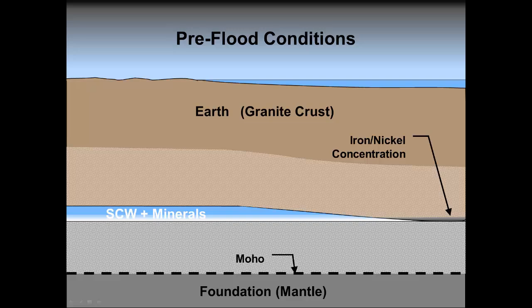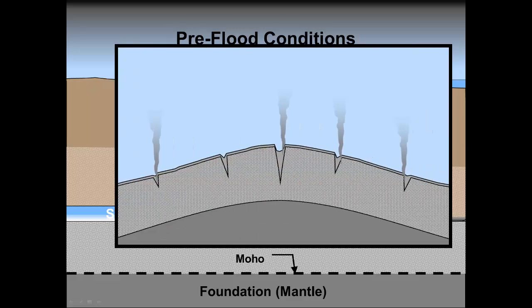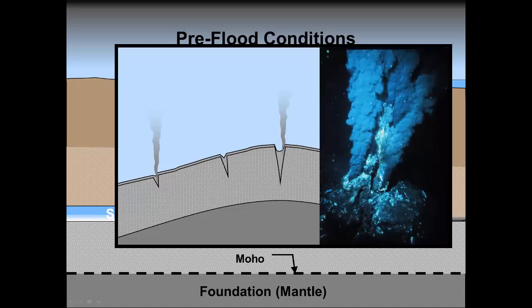In the oceans today, thick plumes of hot, supercritical water known as hydrothermal vents or black smokers are still escaping from the porous MOHO beneath the ocean floors in places. The high heat and pressure of the supercritical water still flowing from these vents shows that the flood event was relatively recent.